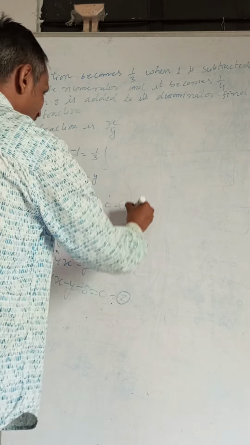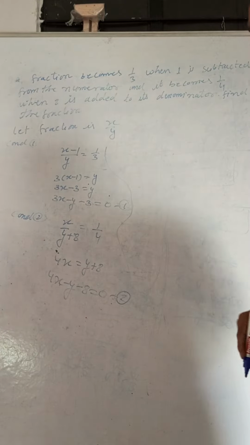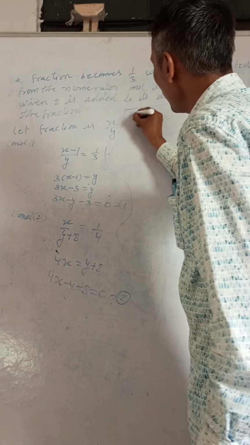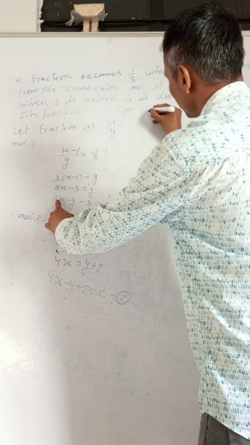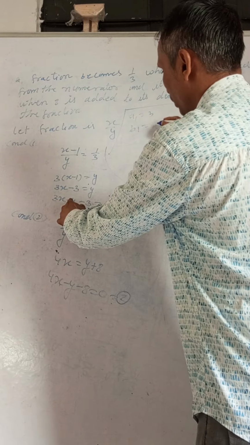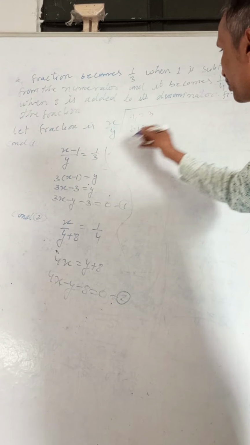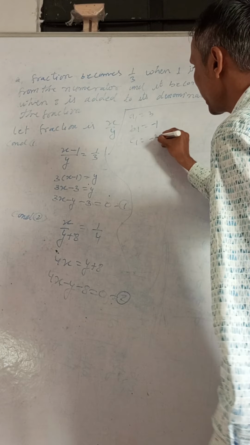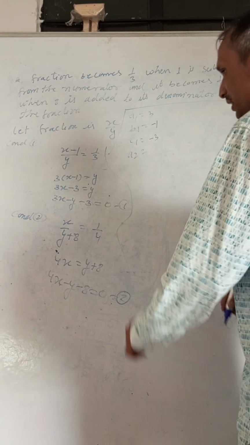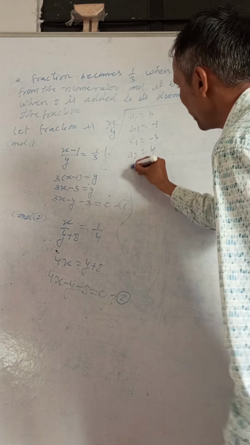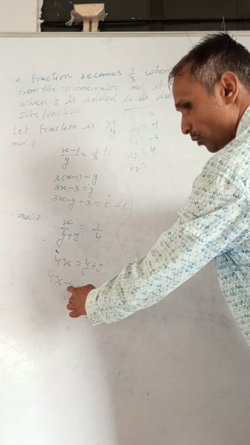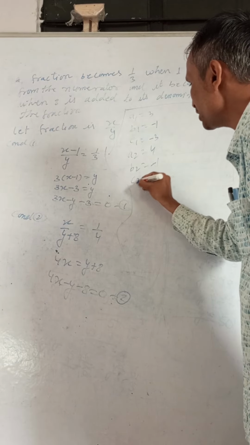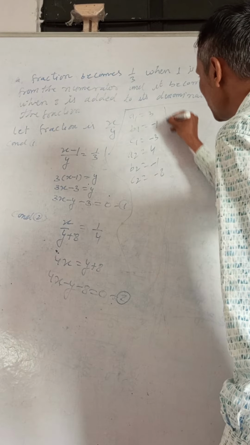So we are writing the values for the cross multiplication purpose. So first equation is this one. So we know A1 is equal to what? A1 is equal to 3. B1 is equal to what? Nothing written in front of the y means minus 1. Then C1 is equal to what? Number what written? Minus 3. A2 what given? A2 given the number 4. B2 what given? Nothing written in front of y means minus 1, minus sign is there. Minus 1. Then C2 is equal to what given? Minus 8. Now this value is given to us.